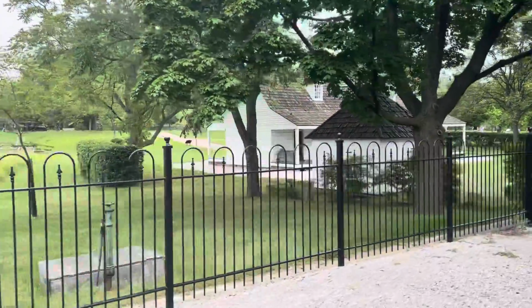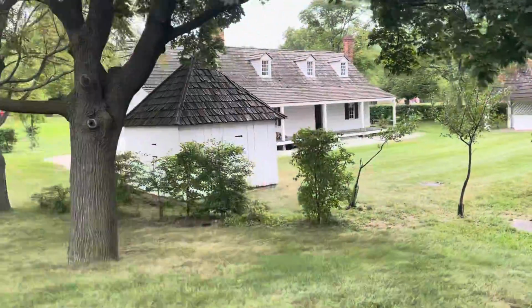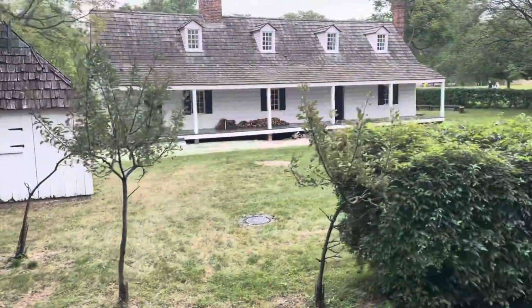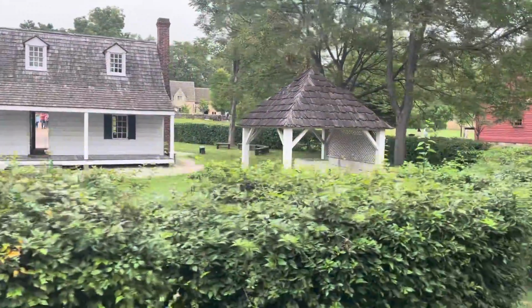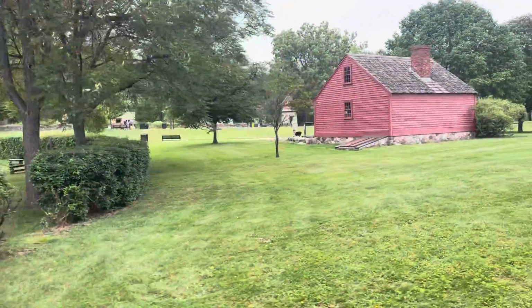Now, all the way to your left, that stone building is the Cotswold Cottage, one of the oldest buildings here at Greenfield Village, built in 1620 in Chedworth, England. At the time, it was known as the Rose Cottage. It was a very special Valentine's present from Henry Ford to his wife Clara in 1934 when they brought it